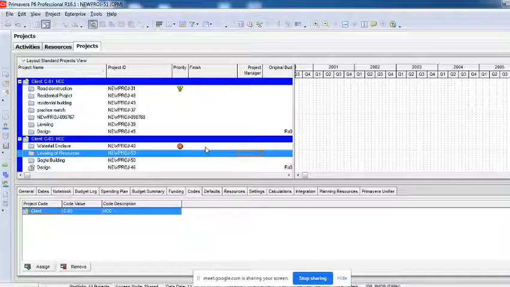So I want to show them how many projects we are handling of NCC, what all has happened, how much cost involvement has happened, what was the budgeted cost of all the projects put together, what is the actual cost we have spent, where we are, how much lagging behind, how much of the work has been completed, when the projects are going to be completed, which quarter the contract will get finished, everything. So you can summarize it the way you want it.